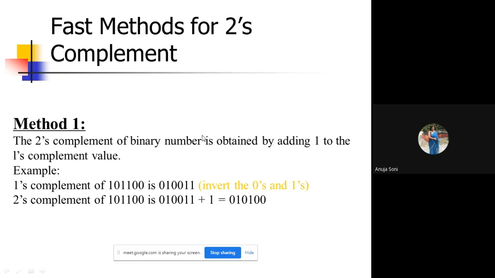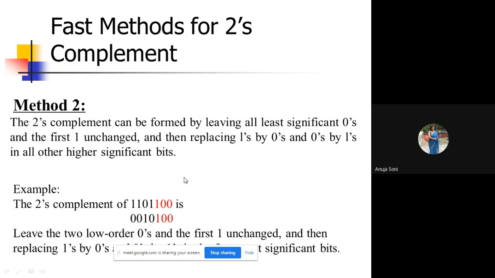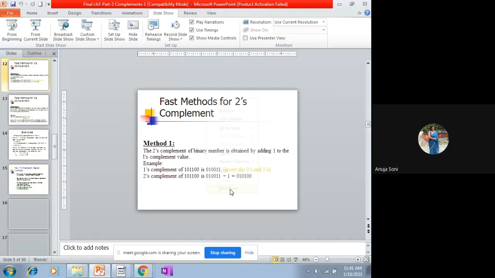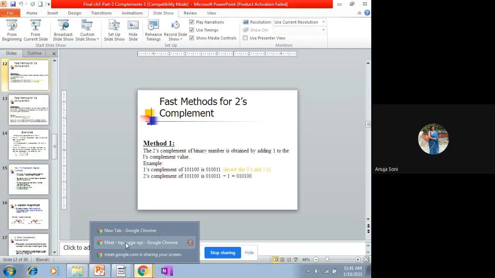So this was the way to obtain your twos complement, and the second way is, let me manually show you how this addition has been performed, because conventionally you do the addition in a similar manner. We do the addition also, but still sometimes you feel some kind of difficulty. So let me make use of the whiteboard in order to show this addition.